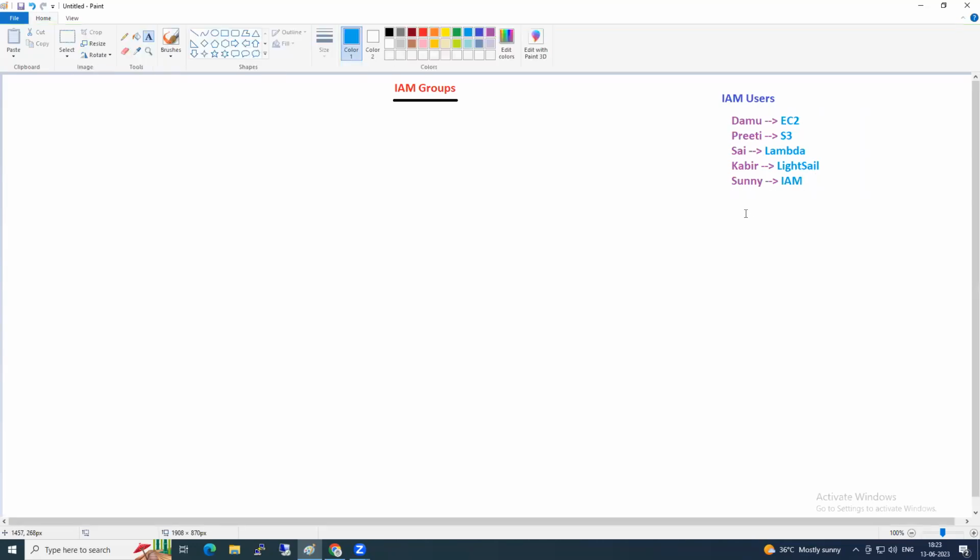Now, how many IAM users are there at the moment? Five. If you have 100 or 200, also, let's talk about only these five people. I want to give Route 53 access for everyone. Do I need to go to each and every one, because they are all in the same team? If there are 200 people, do I need to go to Damu and give Route 53,